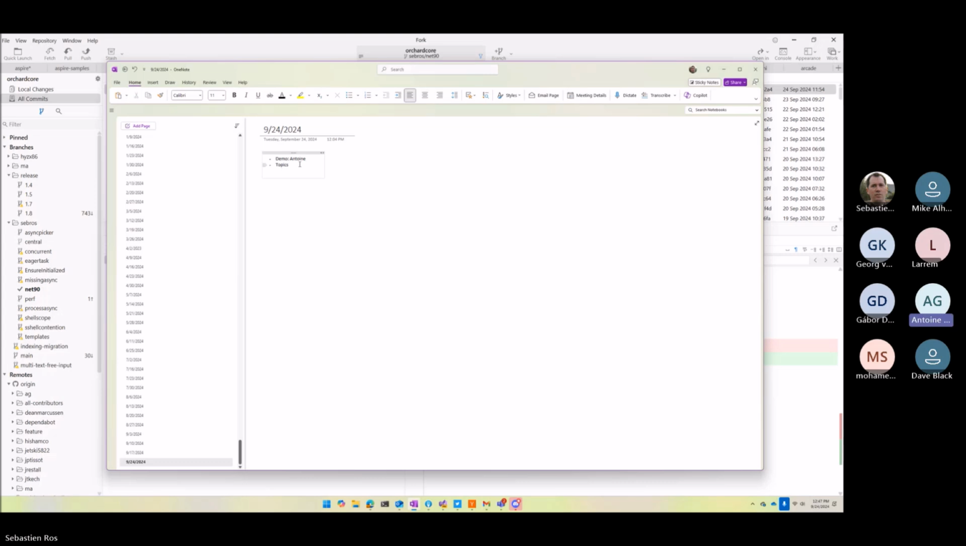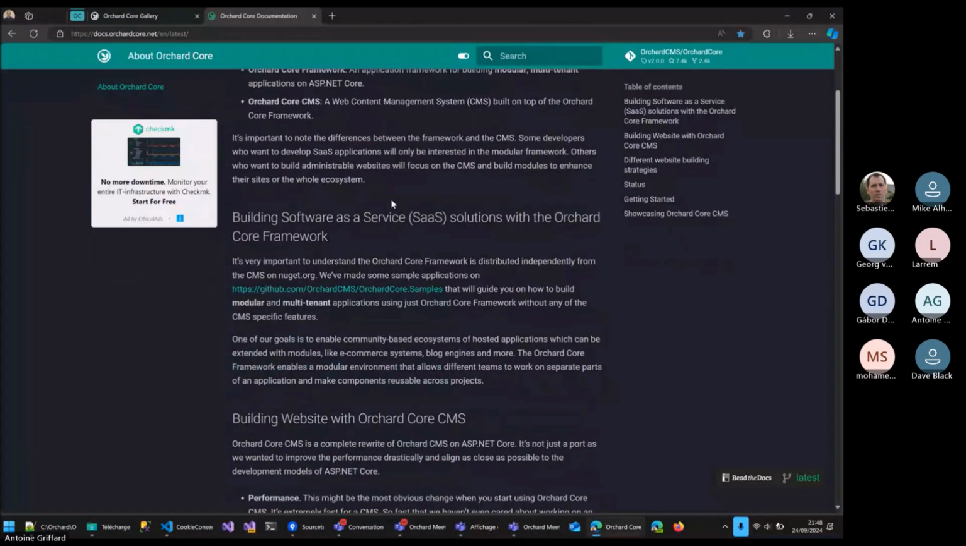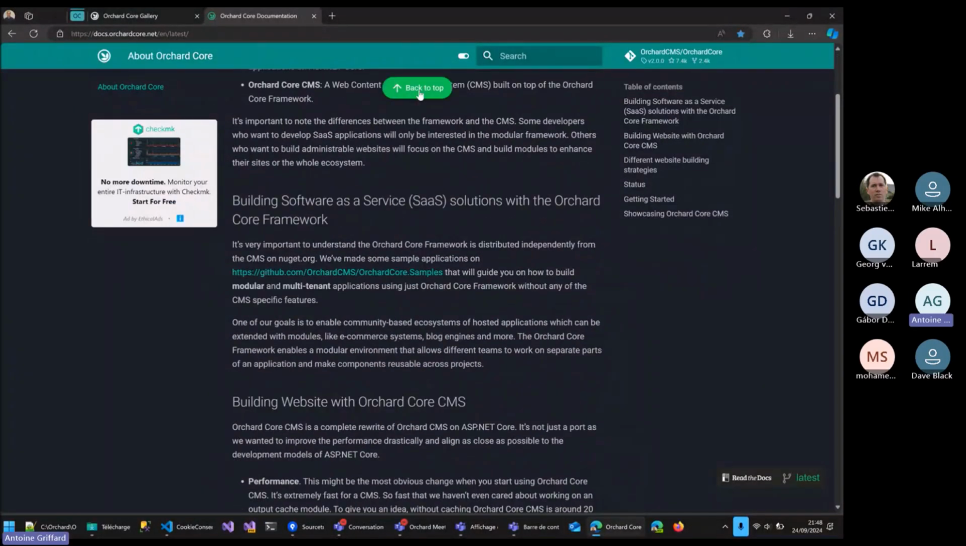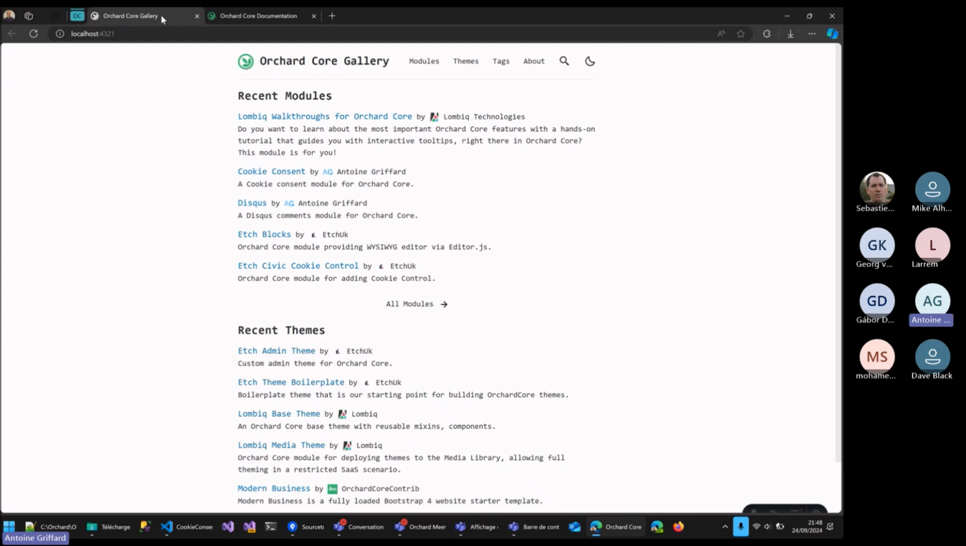Let me share my screen. Okay. So that's the docs with the new back to top button. Okay. What I want to show you is